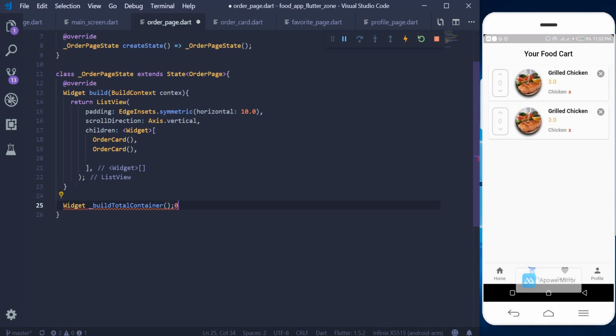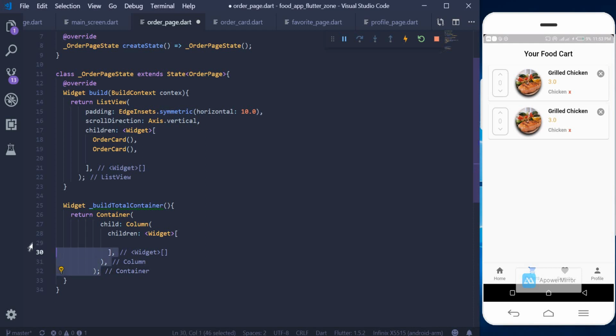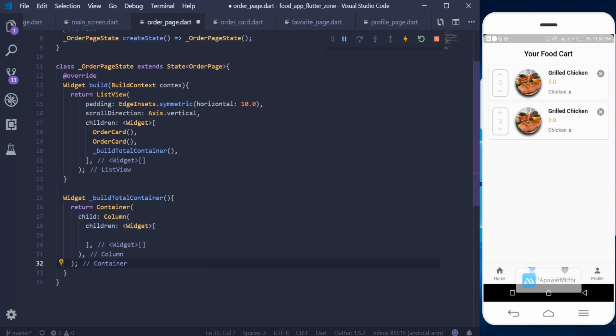Oh, sorry, I ended this with a semicolon. Okay. And then we can return what we cut from the other side. And then we can bring this one here, buildTotalContainer here. So we can put our design in this. Let me bring this one here. Okay. So looking at this, we need